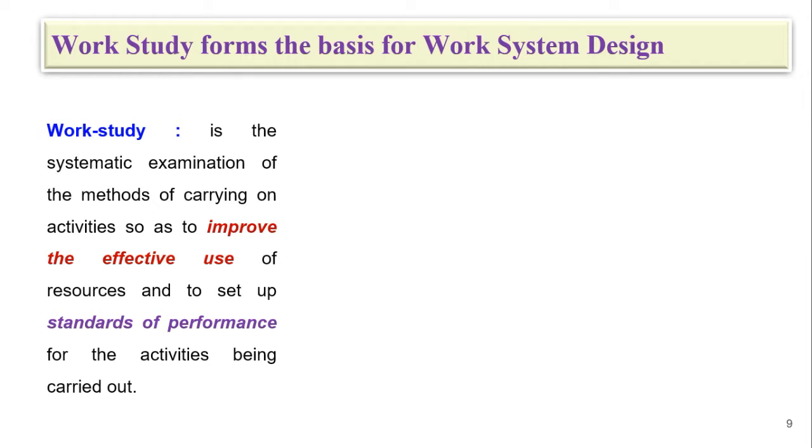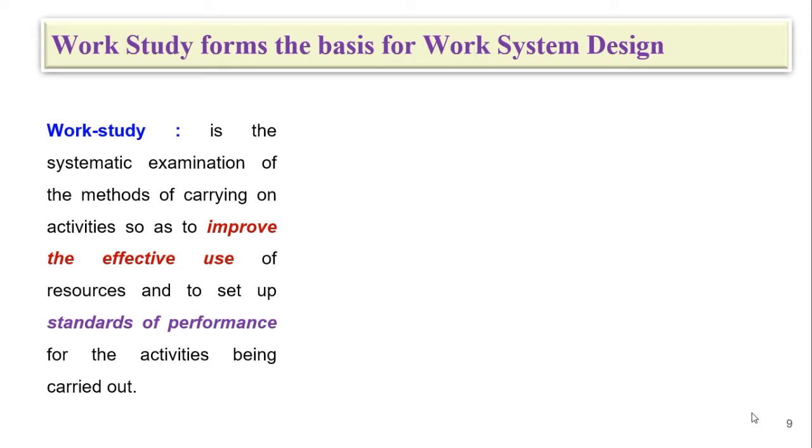It is the systematic examination of the methods of carrying out activity so as to improve the effective use of resources and to set up standards of performance for the activities being carried out.